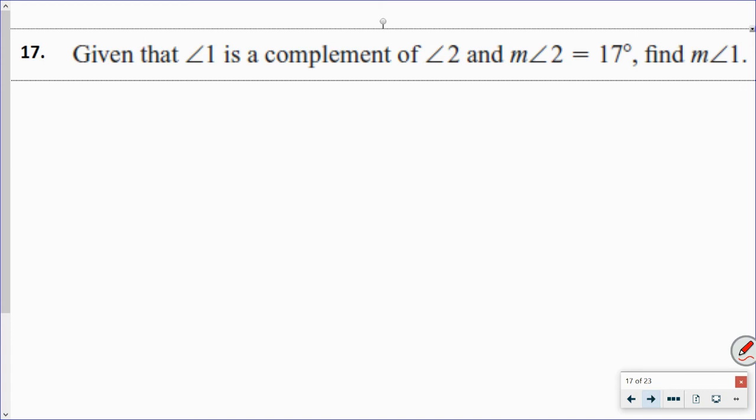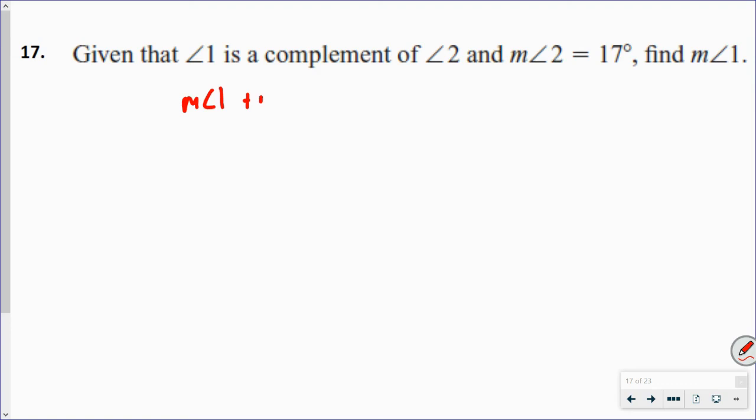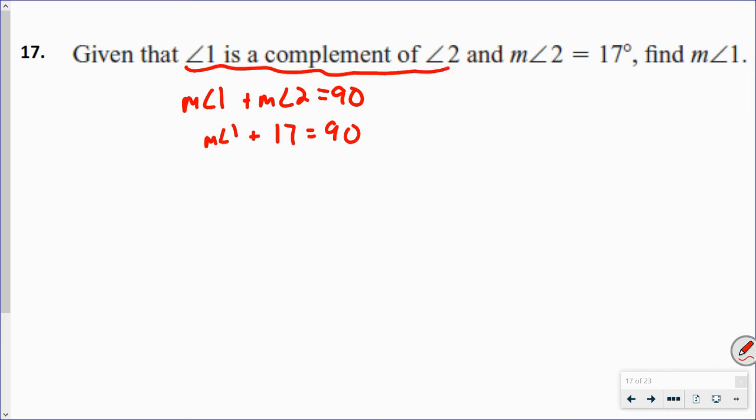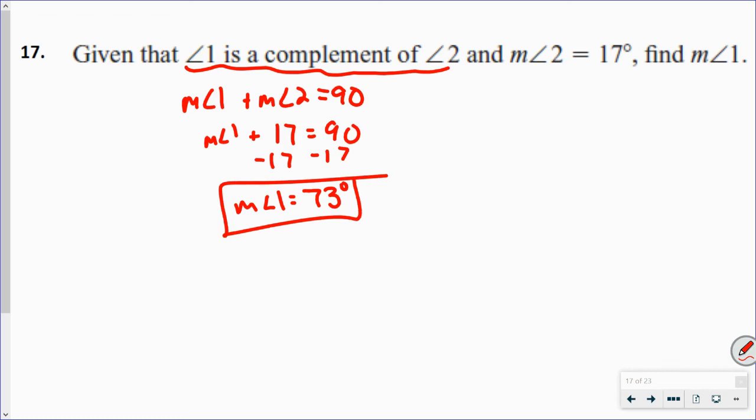Given that angle 1 is a complement of angle 2, okay, that means they add up to 90. So I'm going to just take some notes here. So the measure of angle 1 plus the measure of angle 2 equals 90. If the measure of angle 2 is 17, find the measure of angle 1. So we set up our equation based on this sentence right here. So all I got to do is minus 17. And the measure of angle 1 is going to be 73 degrees. And you can check yourself. Take 17, add it to 73, you should get 90. Okay, it makes life a lot easier if we set up this equation,